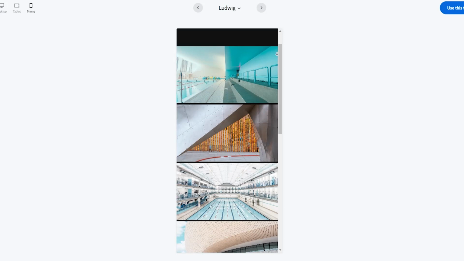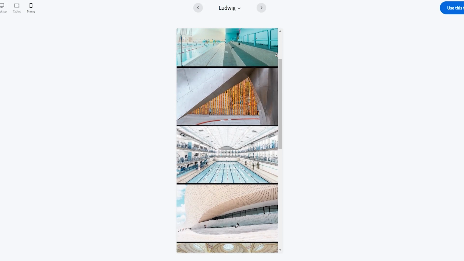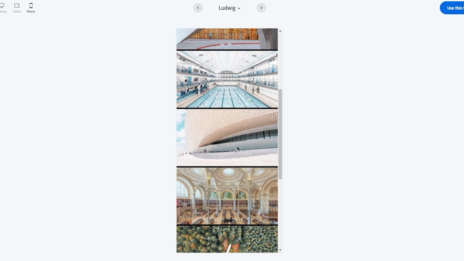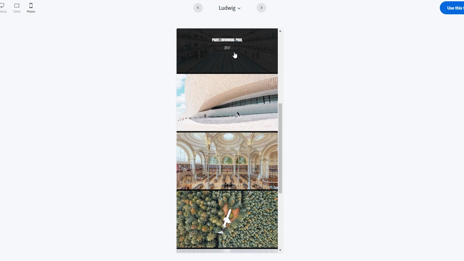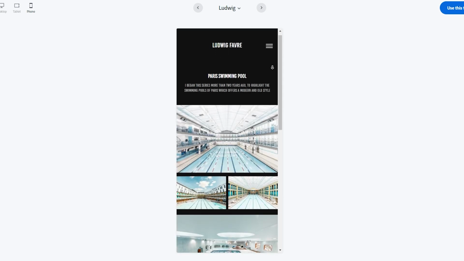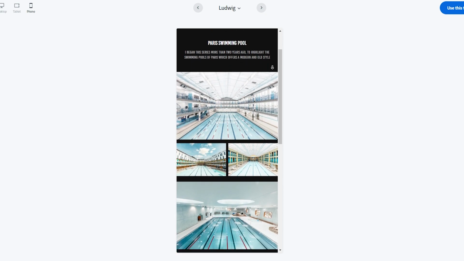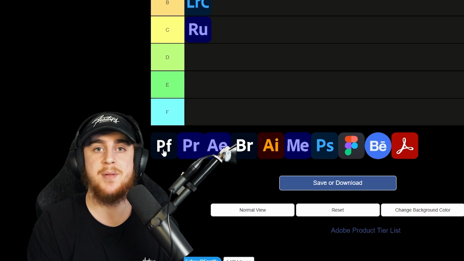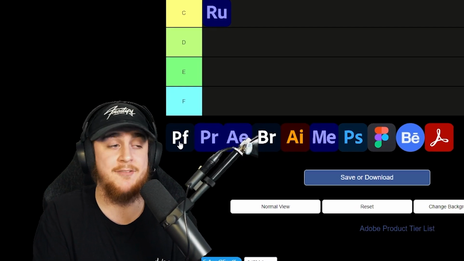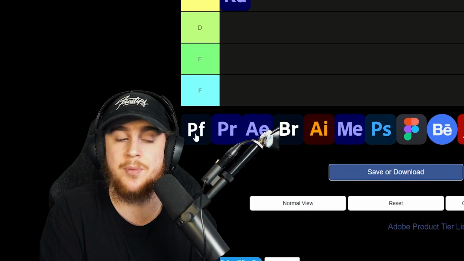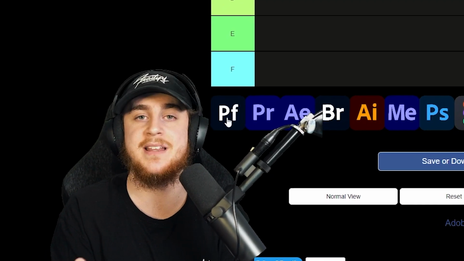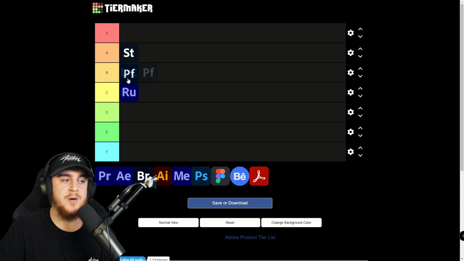So for that, I definitely have to give it extra brownie points, and it's very accessible to use, and it automatically formats with things like mobile devices, so you don't really have to worry about that on your end. And it even breaches a little bit higher of an accessibility point with allowing you to create custom pages and stuff. So not only can you have a page that displays all of your work, but you can have a page that, you know, says a lot about your brand, promotes your Discord servers, promotes anything graphic design related that you want to promote. So for that, I'm going to go ahead and put it above Lightroom Classic in B